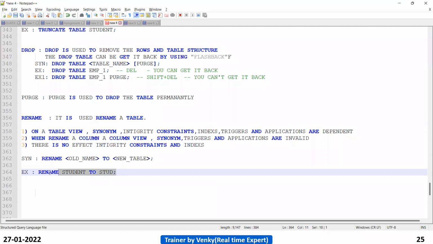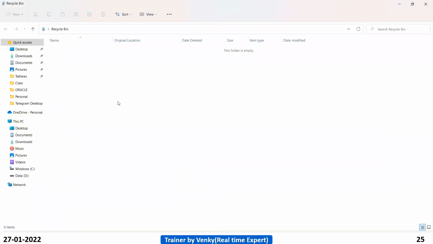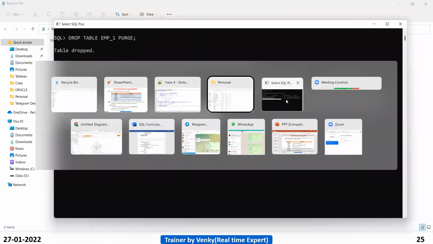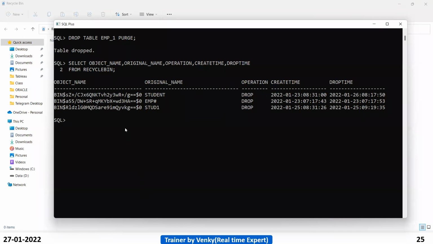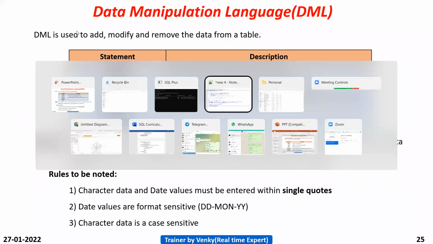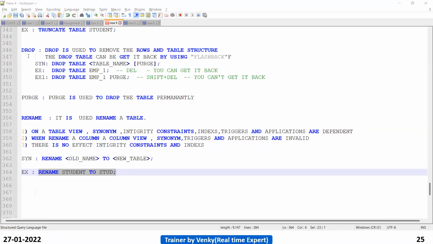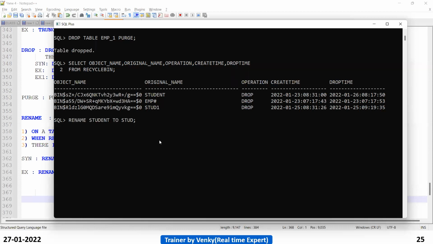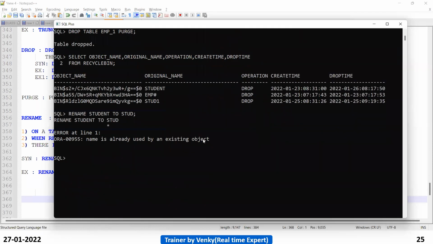Let us try to execute this one. See, what is this error, guys?